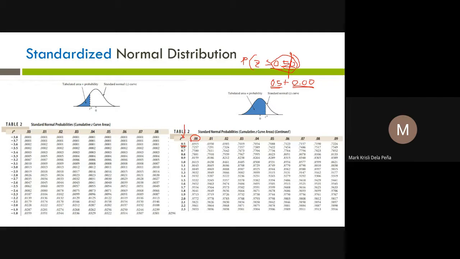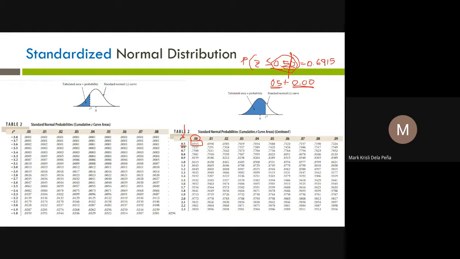So the answer will be this one. This will be our answer. Okay, that is 0.6915. Which means that the probability that a z-score is less than or equal to 0.50 is 0.6915 or